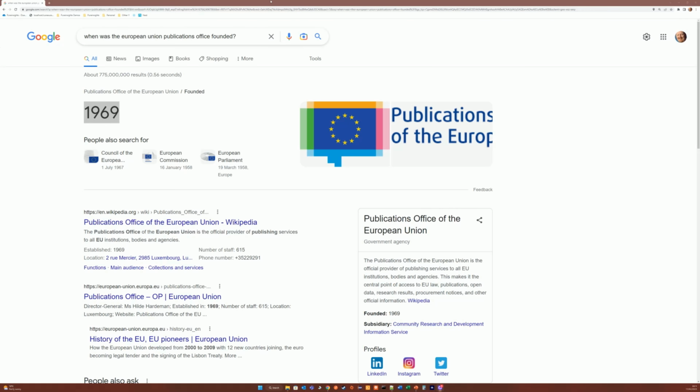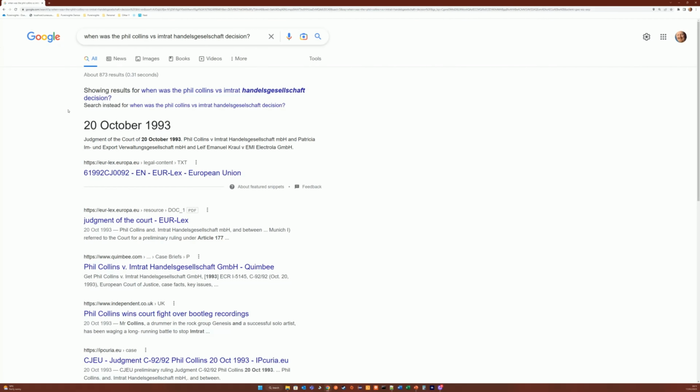But I want to go a little bit deeper. So I'm going to ask it a much deeper question, and again we're asking Google here. So here we know and we understand that the European Union Publications Office are holding a lot of European Union law information, and here we're asking it about a specific decision that was made on a legal case. And we just want to know what the date is.